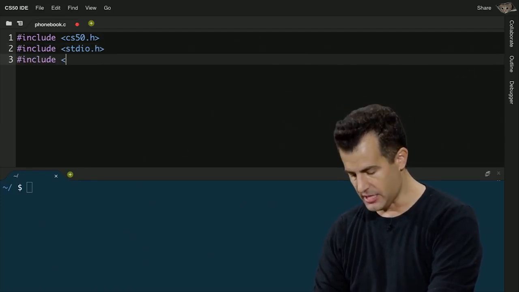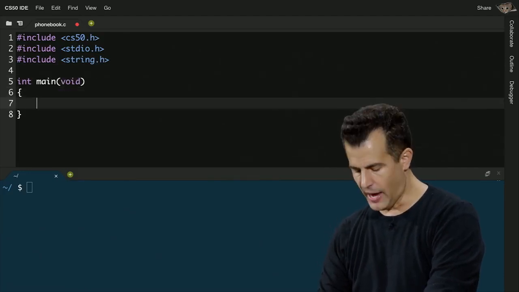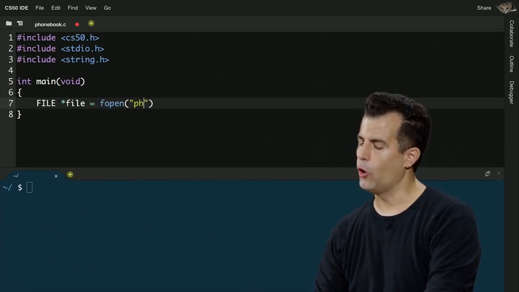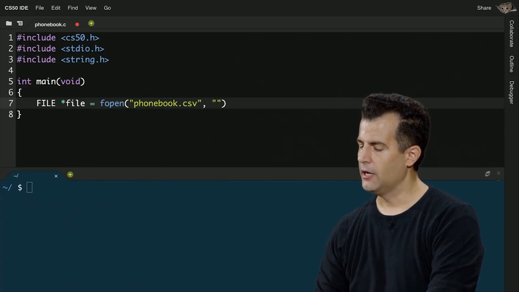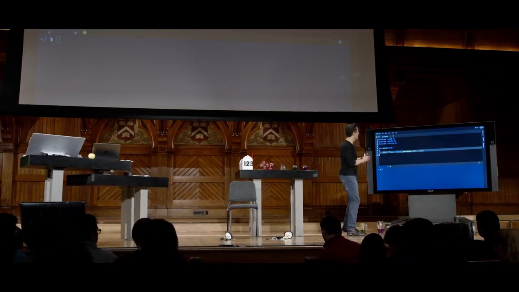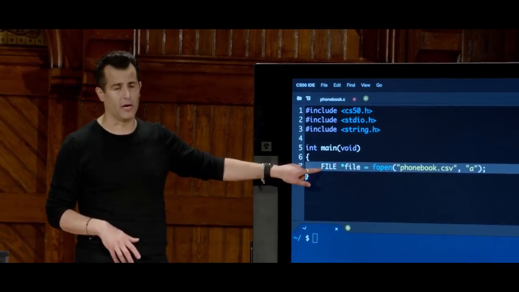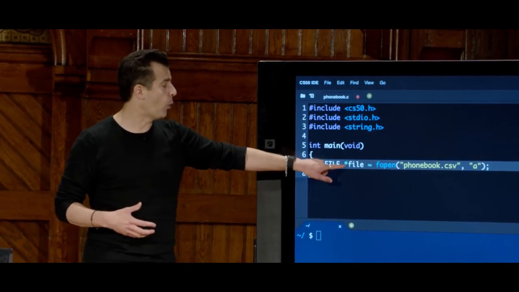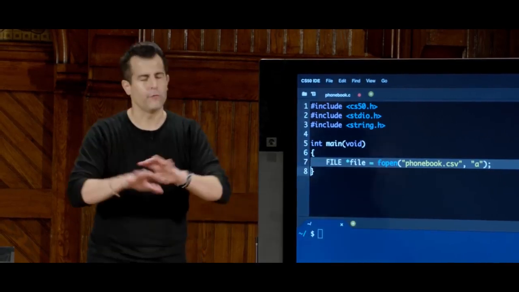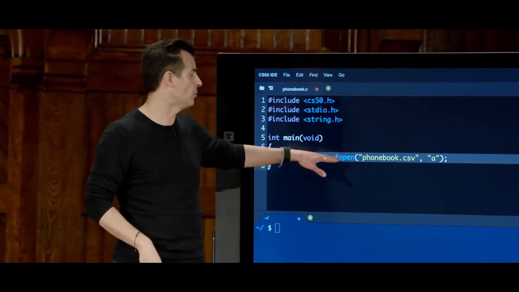But I'm going to then use the string library and standard IO, int main void, and I'm going to do the following. I'm going to open a file called file using a new function called fopen, phonebook.csv, a. Now, what is going on here? Well, now that we know pointers, or are starting to get comfortable with pointers over the next couple of weeks, notice that I can actually use a new data type. It's weirdly capitalized, all caps FILE. But I can say, give me a pointer to a file, and call it lowercase file. So this is just a variable called file that effectively, for today's purposes, is going to store the contents of a file for me. It's not technically doing that, but that's a reasonable mental model for now.